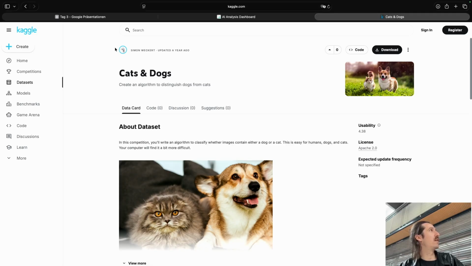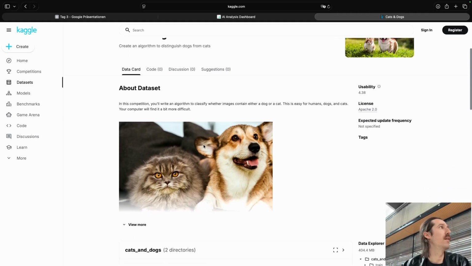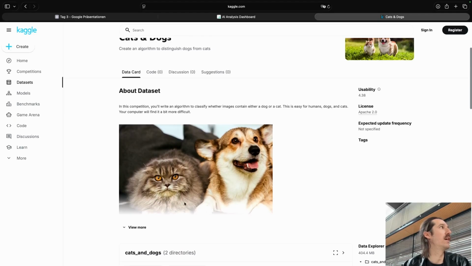As you remember, we had been to this web page in the last session. This is basically a web page where a lot of researchers host publicly available data sets. And what they do is say, look, I have this data set, and now I'm gonna challenge you researchers, wherever you come from, to create an algorithm that can do classification on these images.